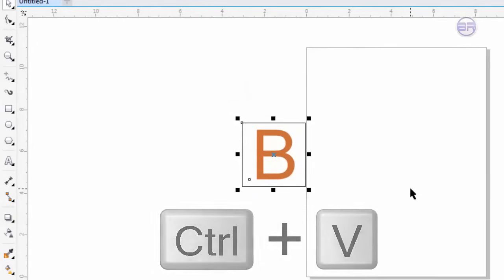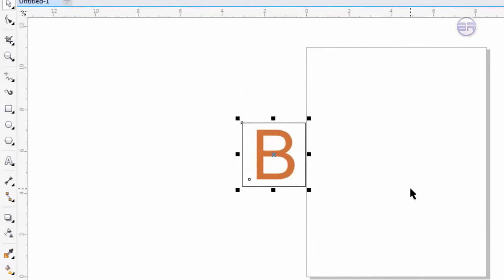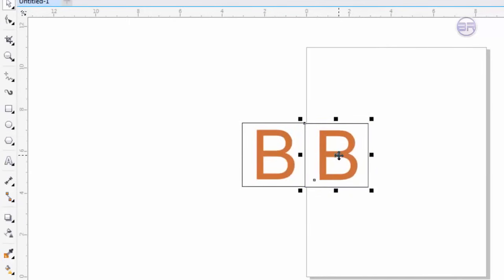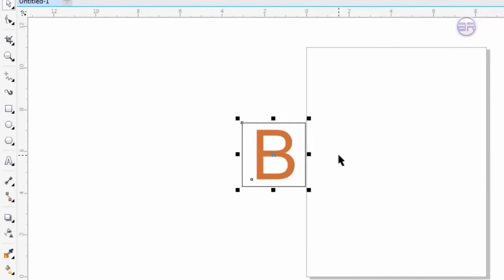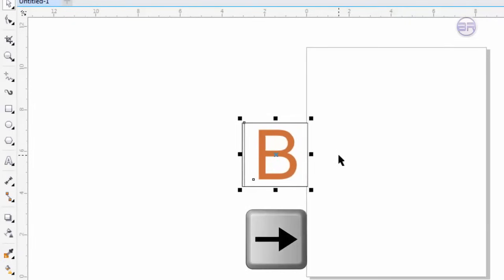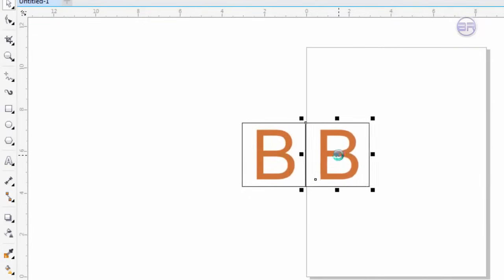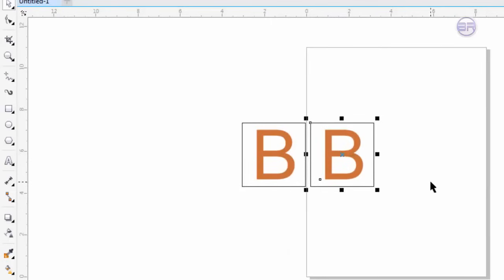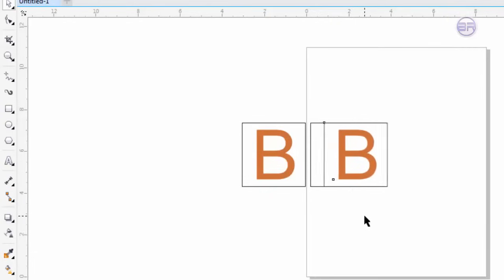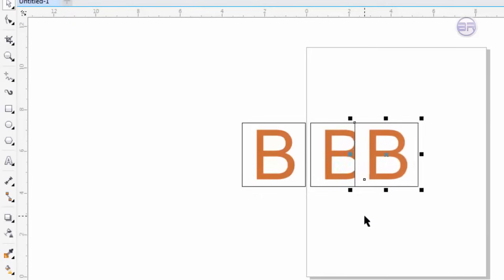I mean, I just took a copy and will paste it on the same place. You will not see, but I will just drag this here, so you will see that now there is a copy. But I will use the arrow key from my keyboard, the right arrow key, so you can see same like this. So I have dragged it. Now I will take a copy of this one, Control C and then Control V to paste again there. So I have simply taken a copy of this,